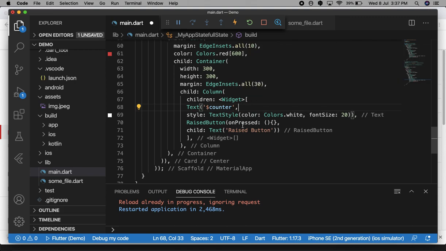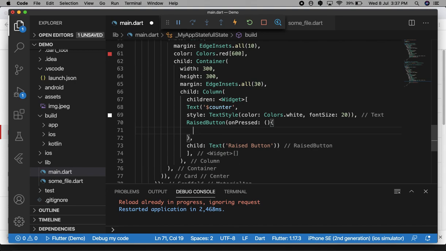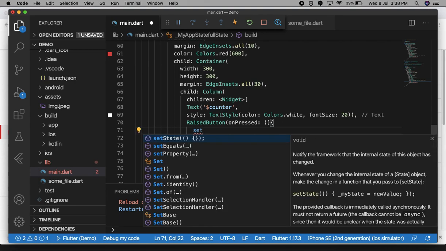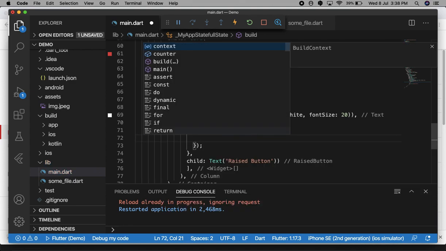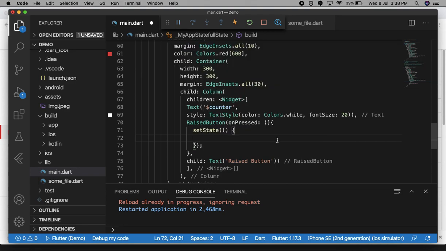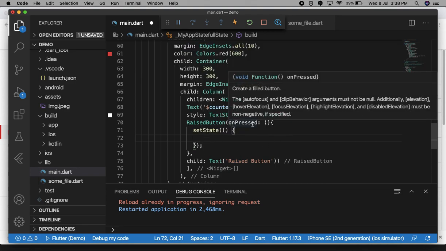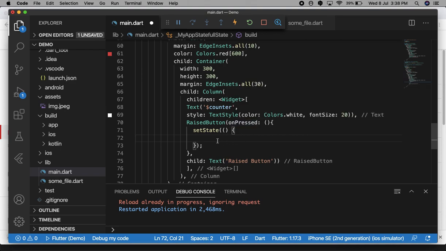When we click the raised button, we will implement this set state method here. So whenever the button is pressed, this method will be called and it will update the state.